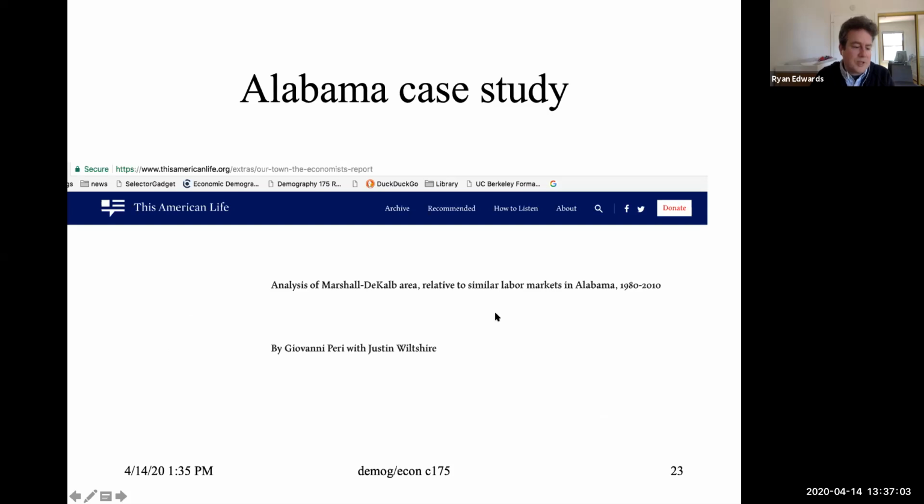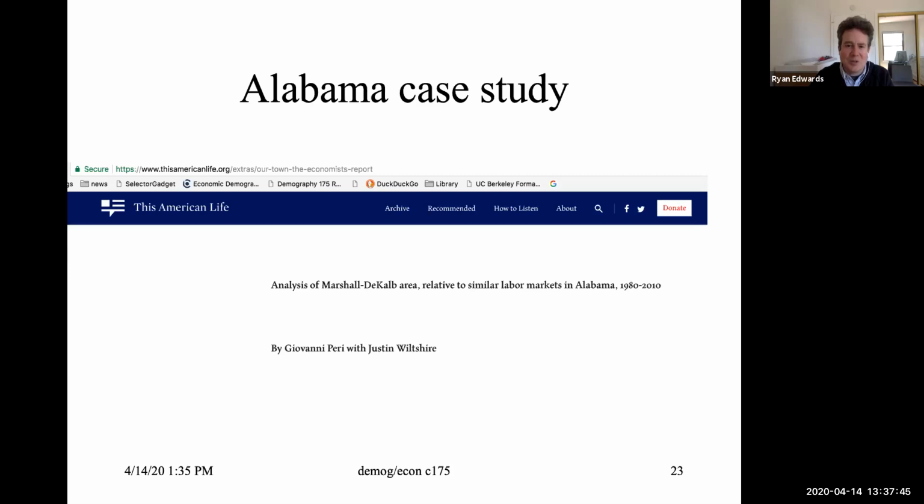Here, our next case study is a more recent one. This was just a fantastic thing that I think NPR, what is This American Life? I'm trying to remember which group that is exactly, but I think they commissioned this study. And what they looked at were local area labor markets in Alabama. Alabama, of course, is one of the 50 states. You might wonder why the interest there. It was because at the time, the Attorney General, Jeff Sessions, who had been Attorney General up until something like 2018 or so, was from Alabama and had